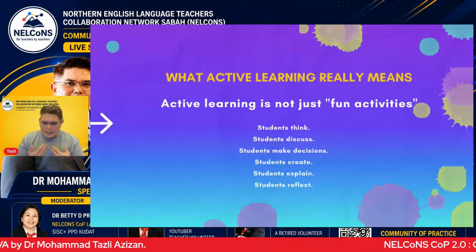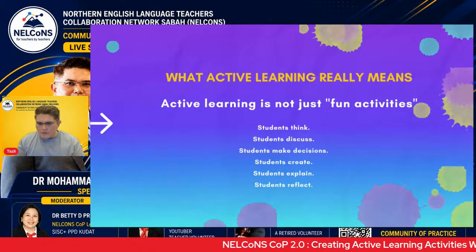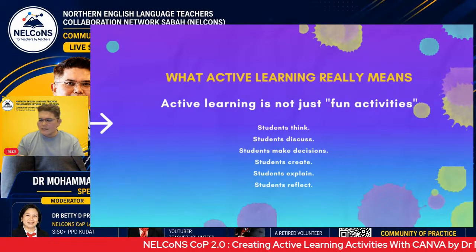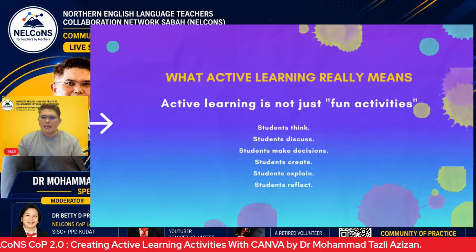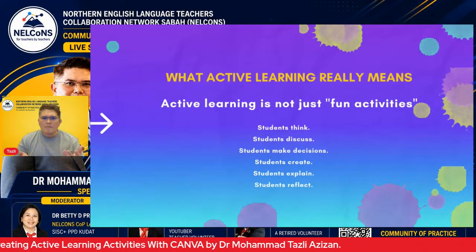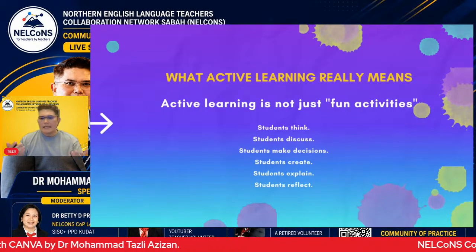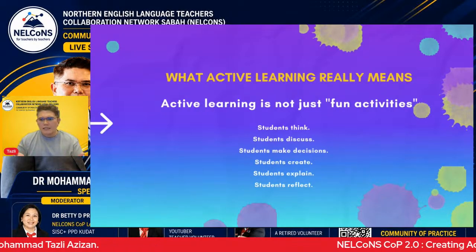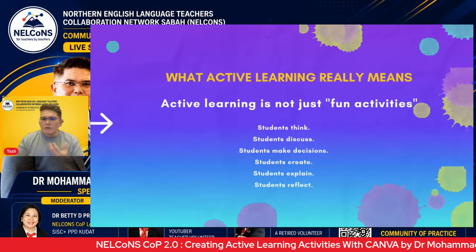So for example, before the students put down their own thoughts, they may be able to discuss. If you have ever heard about a practice called think, pair, share, that is a very simple way of conducting active learning. Students are allowed to think alone individually for 30 seconds, for example, or 1 minute, and then you ask them to pair up, and then they discuss with each other what will be the